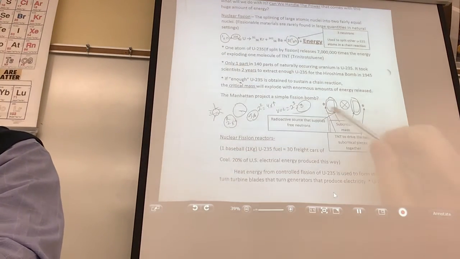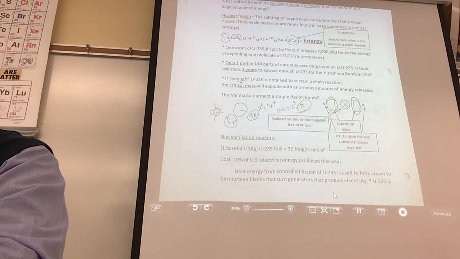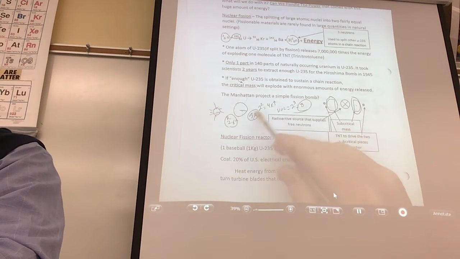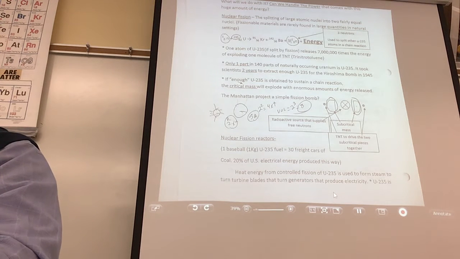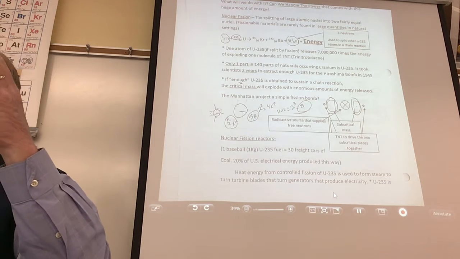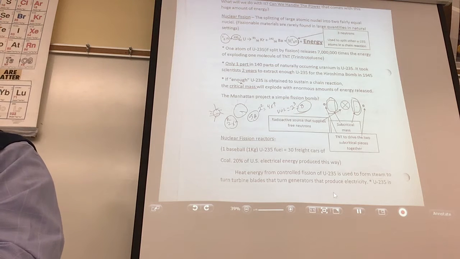When you get 2 subcritical masses together, you have what's called critical mass. Have you ever read that before? Critical mass is the amount that could potentially create a bomb, because it doesn't have enough surface area per volume to get rid of neutrons fast enough. So it would actually have a chain reaction and you would have a bomb. You can have a bomb as long as these stay apart and away from the neutron source. They can be sealed and then conventional explosives drive them together, make critical mass, and then you get a big bomb.